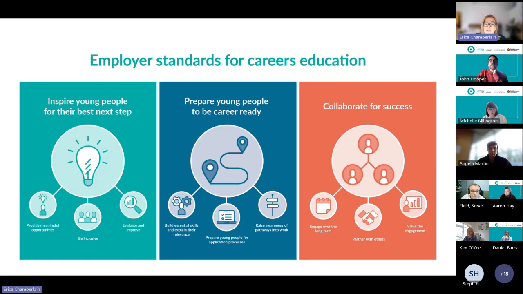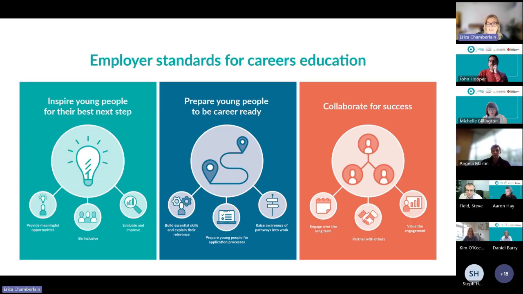And if you think about the work that you do as an enterprise advisor, providing meaningful opportunities would be that benchmark 5 and benchmark 6 activity, those encounters and those experiences. It then means being inclusive. So ensuring that all young people are reached, especially those with the most barriers. So in all of that outreach and those meaningful opportunities, are you making sure that you are making those opportunities inclusive and including all young people? And then the third element here, which often can be quite a challenge, is making sure that you're actually evaluating that outreach and improving your approach through feedback from young people, teachers, parents, and your own employees.